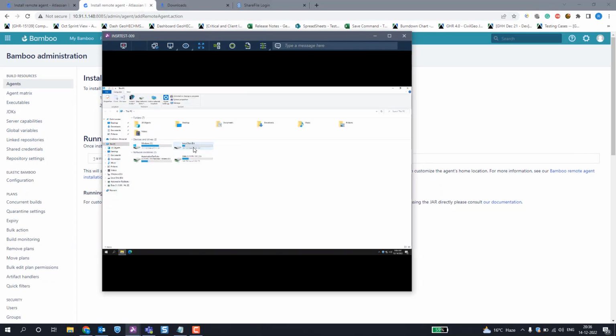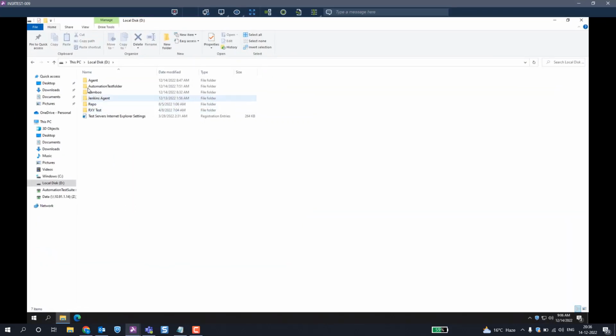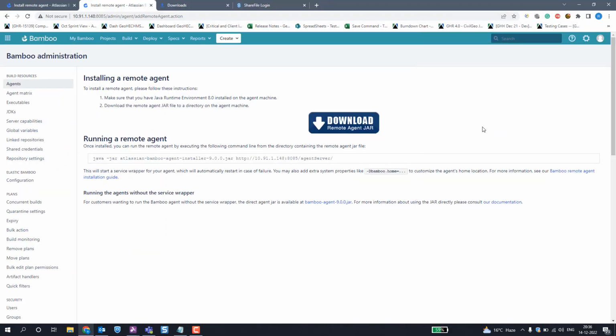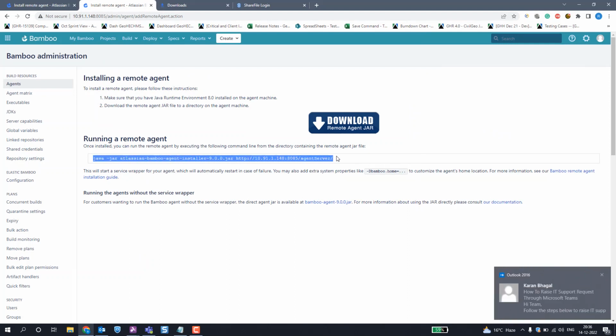I have already placed the jar file here, as you can see, in the D drive agent folder. This is the jar file. It's around 159 MB. Once the jar file is placed on your remote machine, you need to go back to Bamboo. And here you can see there is a command line provided by Bamboo. Simply copy this command